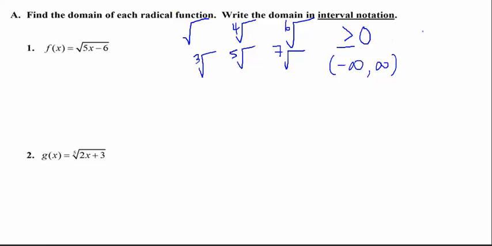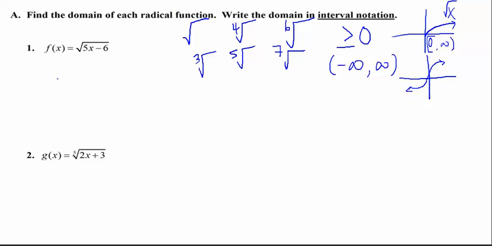We've even investigated the graphs of these. The graph of the square root of x, which is the basic square root function, is centered at the origin, and it increases to the right. So you can see that the domain goes from 0 to infinity, whereas the cubed root function looks something like this. And so it goes forever to the left, forever to the right,